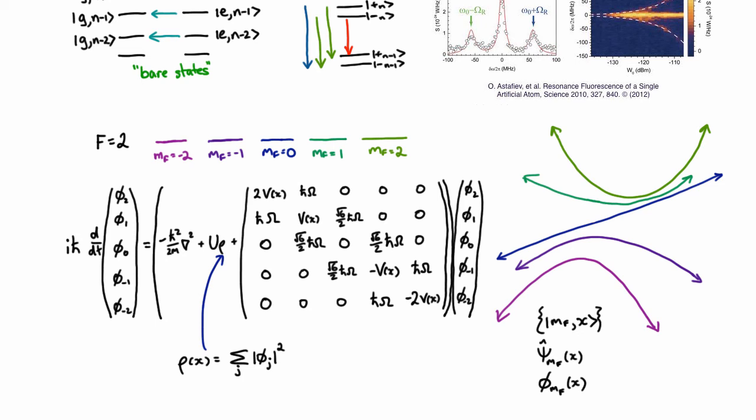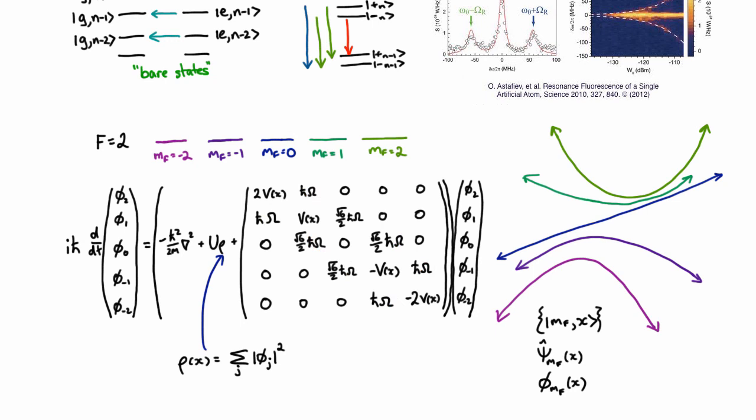However, before we do something like that, it's always a good idea to try and figure out what we might expect to happen. Now these couplings here, these omegas, are all caused by the radio frequency radiation that we're going to be applying to the atoms in order to get the transitions between the magnetic sublevels. And those coupling terms are going to oscillate at the radio frequency. Now we can certainly deal with oscillating terms in our equation of motion, but things are often a lot simpler if instead we go into a rotating frame and make those terms static, and that can be done just by